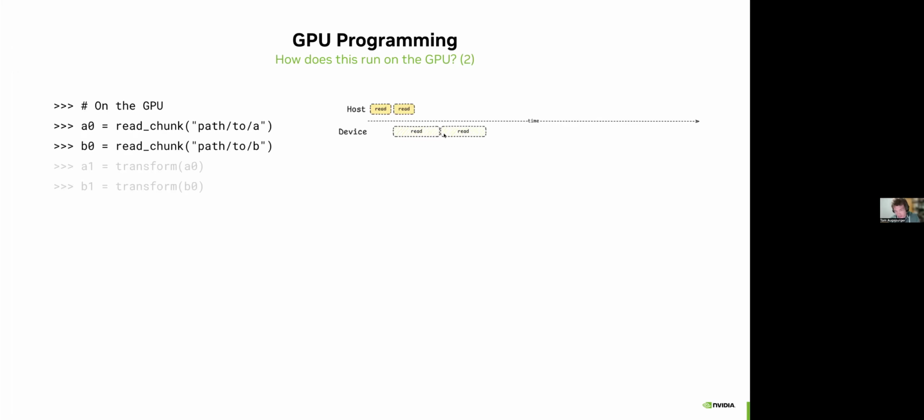And, again, we're not going to wait around for that second read chunk. We're not going to wait around for the device at all to do anything. We're just going to keep on going and transform the data, which is maybe a little weird because now we're calling this transform on this read, which maybe hasn't finished yet. So again, it can be a little weird at first, but at some point,